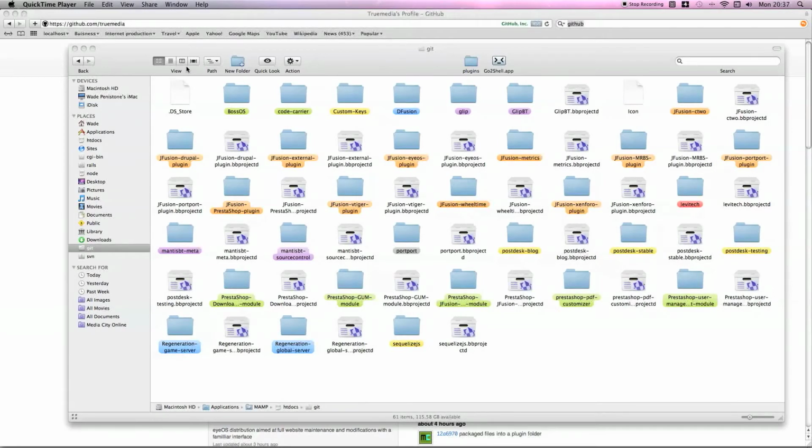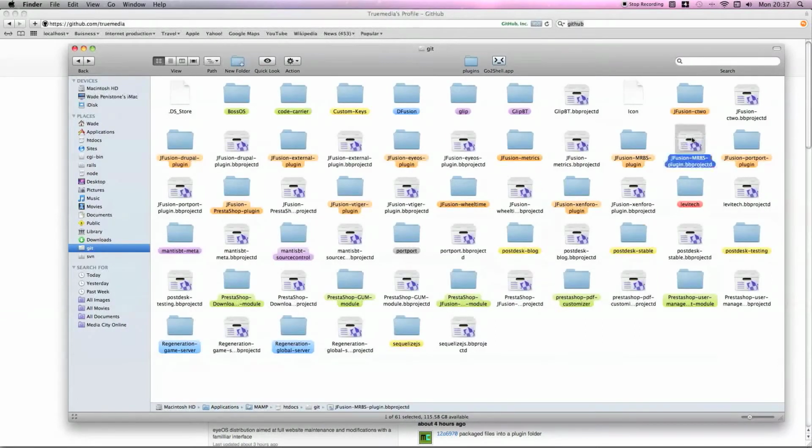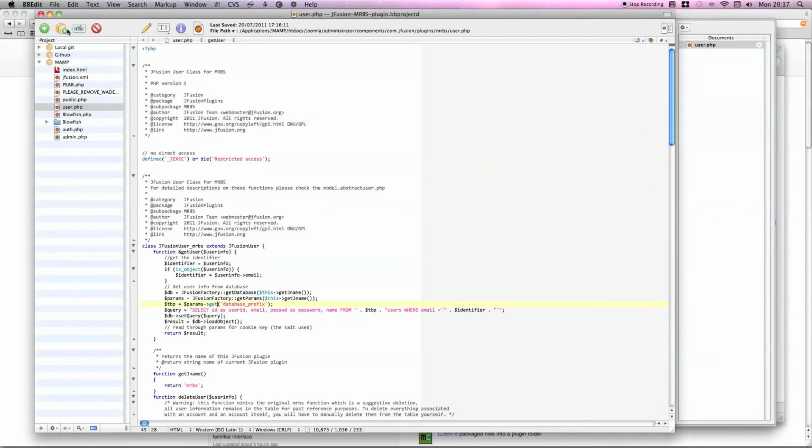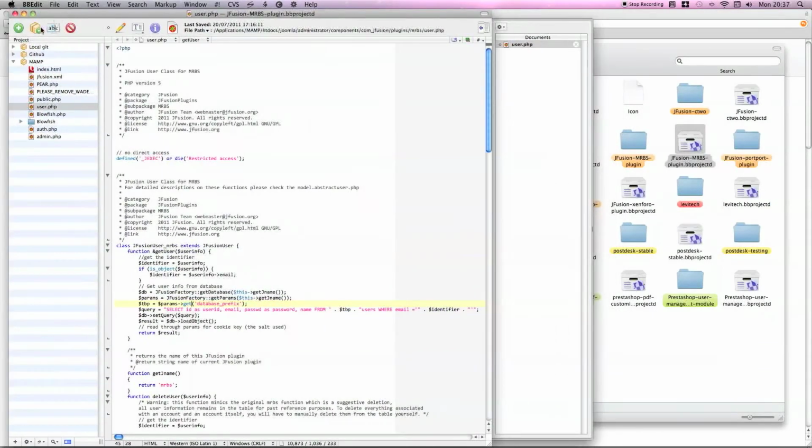So the first thing you can see in this window is I've got project folders and I'm using BBEdit, and with that if I just click on my most recent project, which is the JFusion MRBS plugin, you notice when I click that project folder I've got all the files relevant,